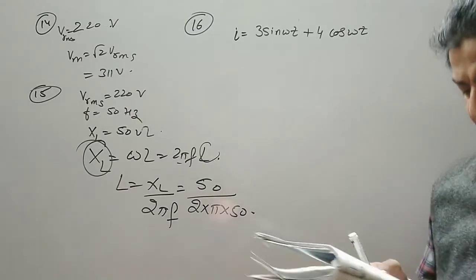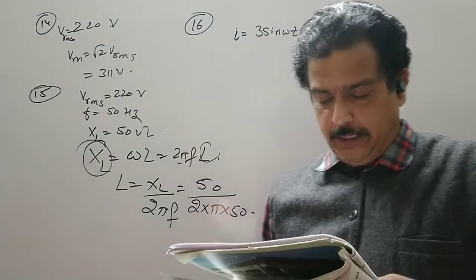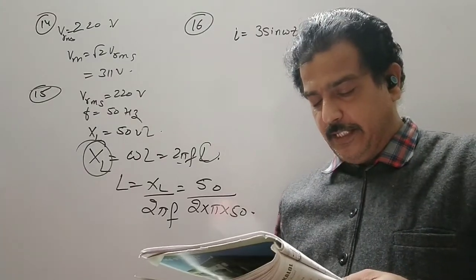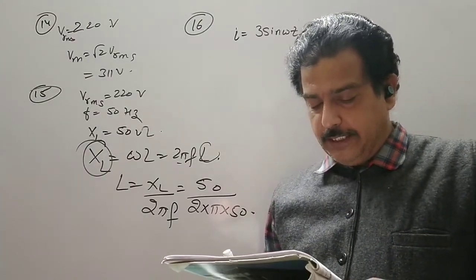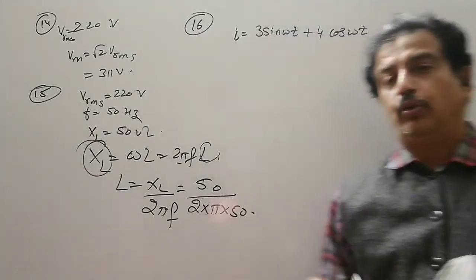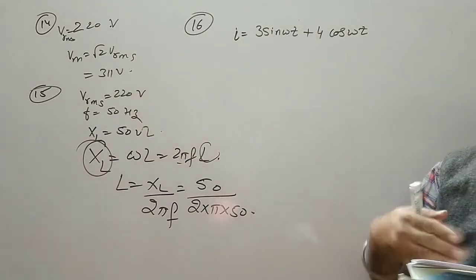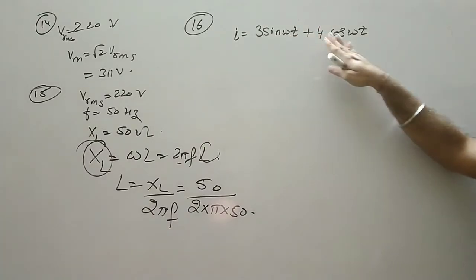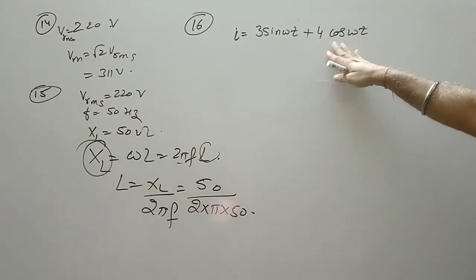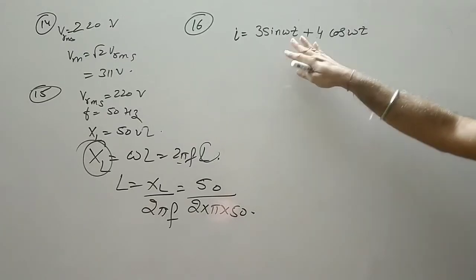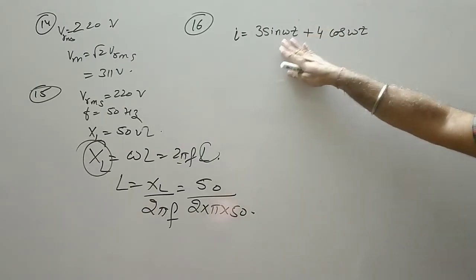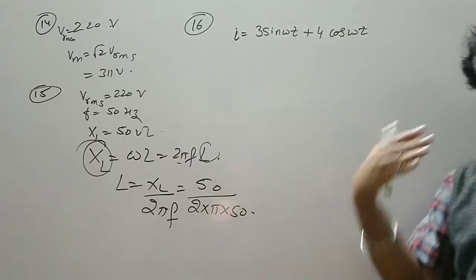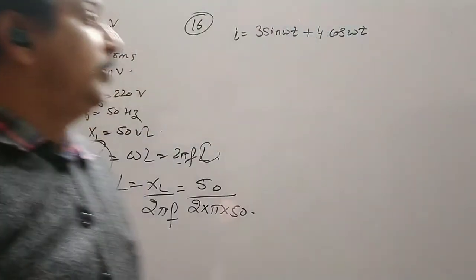And if the voltage applied is Vm sin omega t, then the circuit must be containing RC, or the fourth option is whether the circuit is RL. Now you have to check each and every option. Here the current is a combination of sine and cosine. In 11th we have studied how to convert this combination of sine and cosine into a single sinusoidal function.